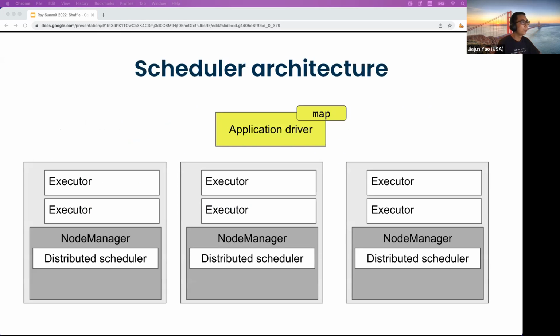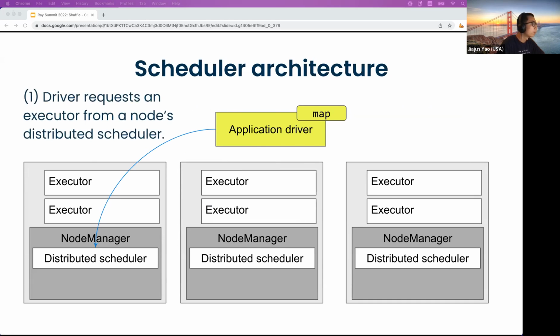Now, before we dive into different scheduling strategies to see how they can meet our requirements, let's look at, at a high level, how Ray schedules tasks. So here, let's say we have a driver that wants to schedule a map task. So the first step, the driver will request an executor from a node's distributed scheduler. And the node is chosen based on some scheduling strategy, for example, based on the data locality of the map input data.